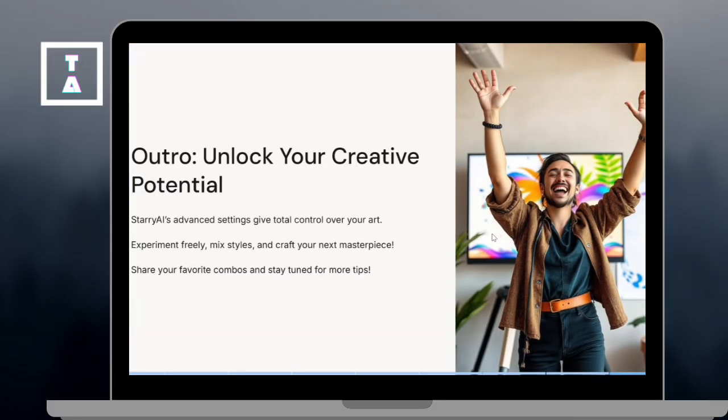And there you have it. You can now have your advanced settings unlock total control over your AI creation. Play around, experiment, and